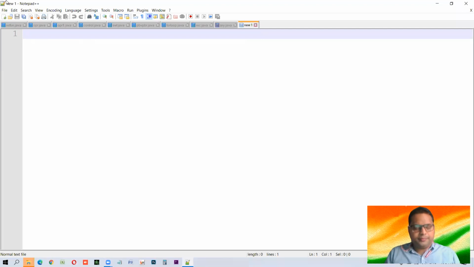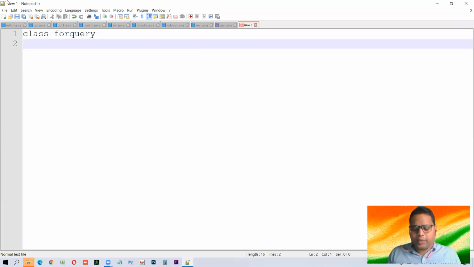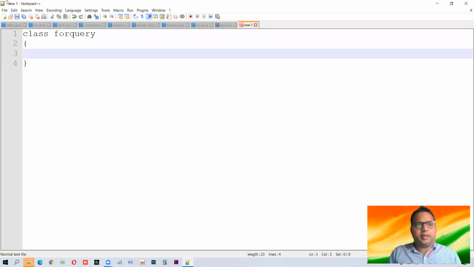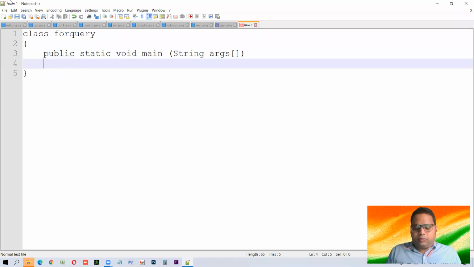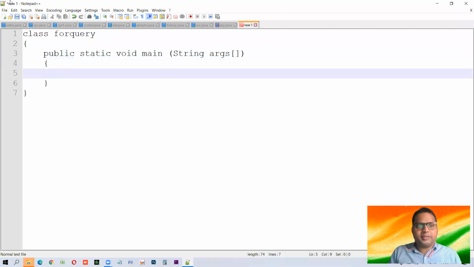So let us make a new program where we can see the for query. Let me make a fresh program for clarity. The first query is something like this.